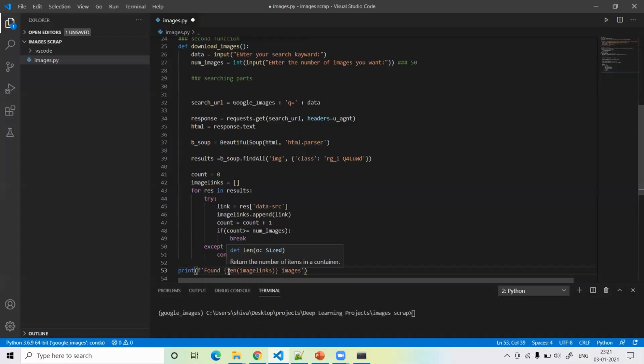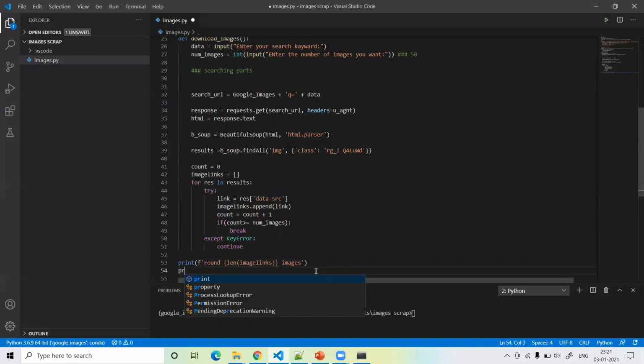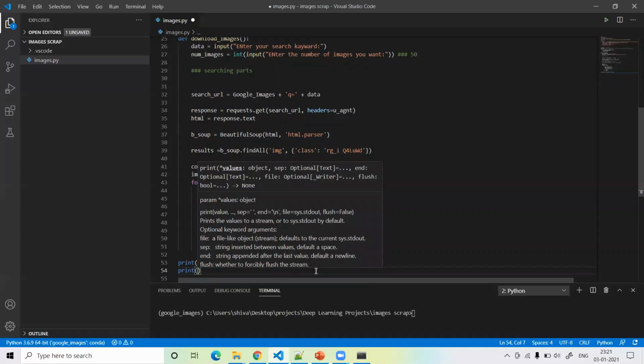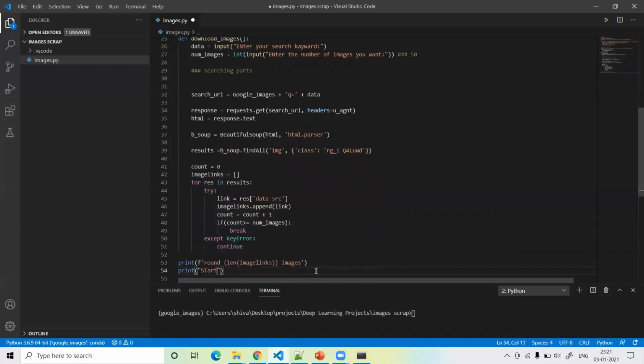So I write found length of images and then images. After that I again write a print function, print start download. I'm writing this because when you search the URL, I can show you what's going on in the backend part. So I write a string, start download, and I call some function.